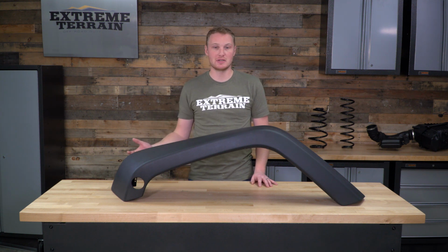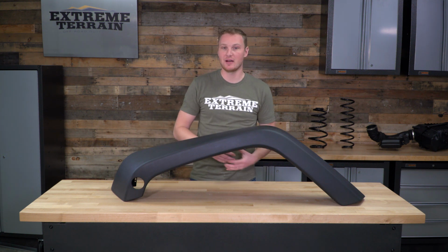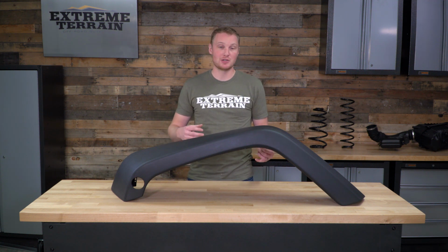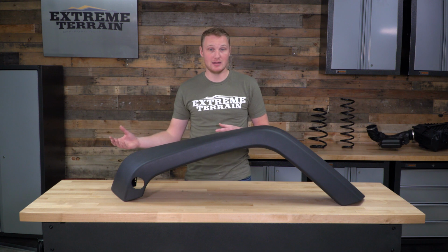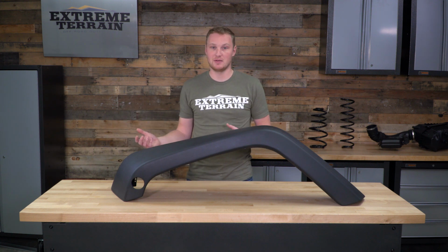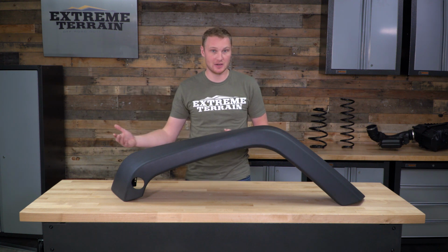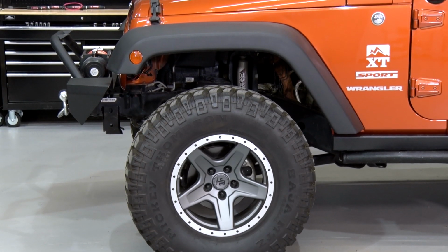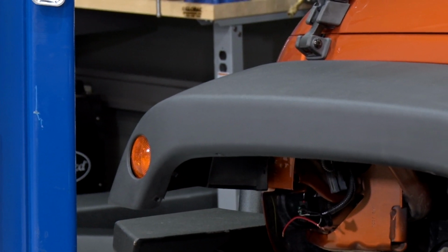Now, all of that being said, you can get some aftermarket flare kits that may have pocket style or rivet style flare. They might be a flat flare. There are some other options out there that are right around the same price. So if you're looking to upgrade your broken or faded flares and you want something that's a little bit different, there are some other options in the same price range. But if you're looking for something that's going to be a factory style replacement, this is definitely going to be